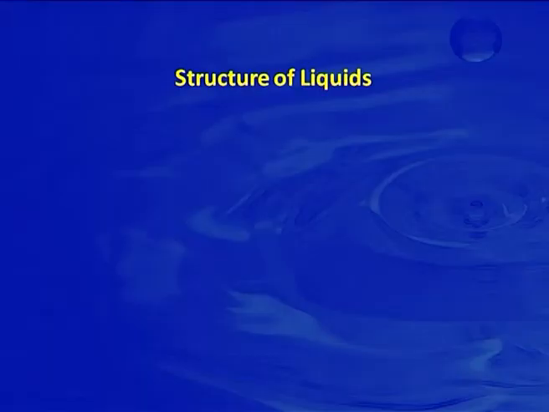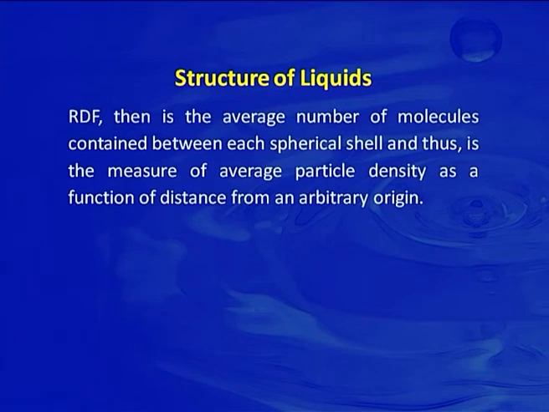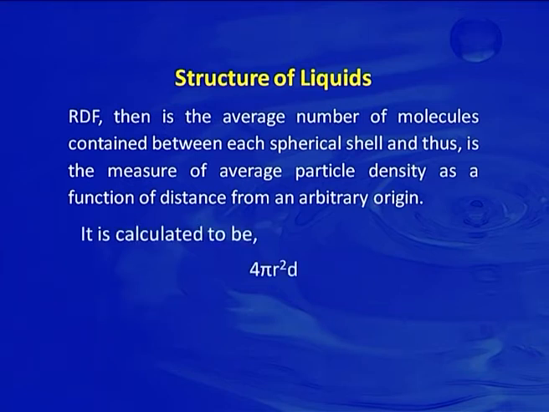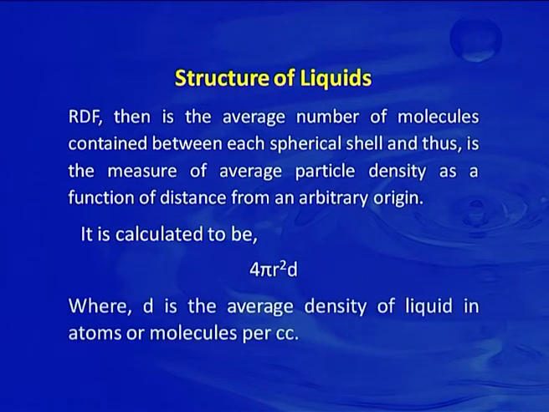For calculating RDF, a series of concentric spheres are drawn around the reference molecule in such a way that the volume interval between two neighboring spheres is constant. RDF, that is the radial distribution function, is then the average number of molecules contained between each spherical shell, and thus is a measure of average particle density as a function of distance from an arbitrary origin. It is calculated to be 4πr²d, where d is the average density of liquid in atoms